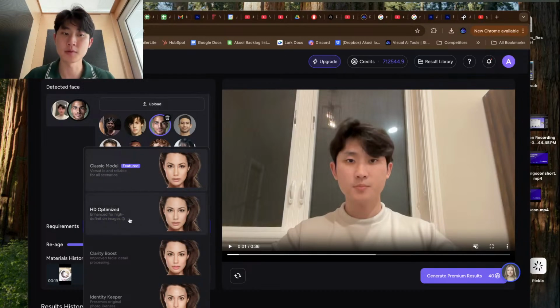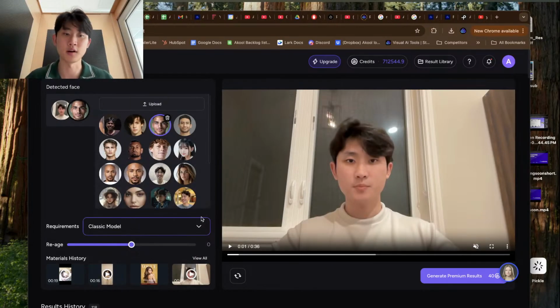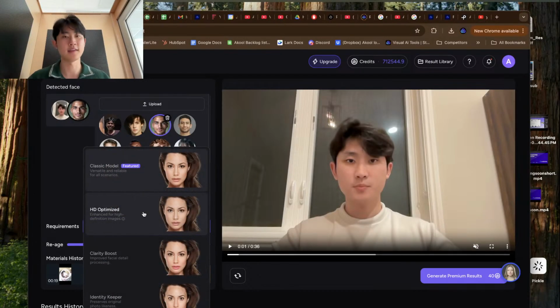We have HD Optimized, which is enhanced for high definition images. This is basically an HD optimized version of the Classic model. A good way of thinking about it is there is a beauty filter. So if you're face swapping a female, which I will show you an example of, then it could work perfectly. If it's a very high quality movie or picture, then HD Optimized could work perfectly as well,